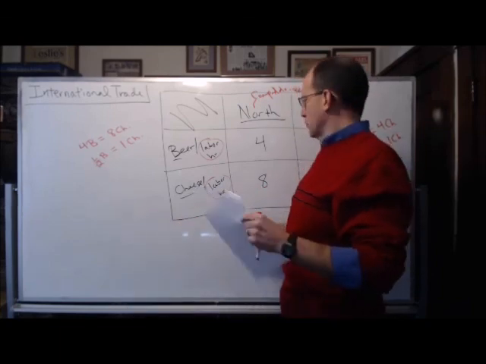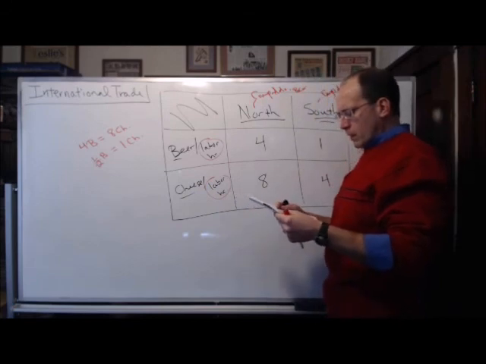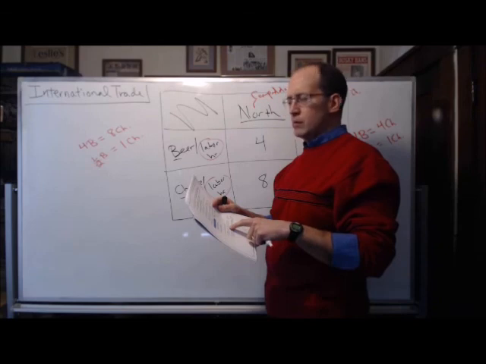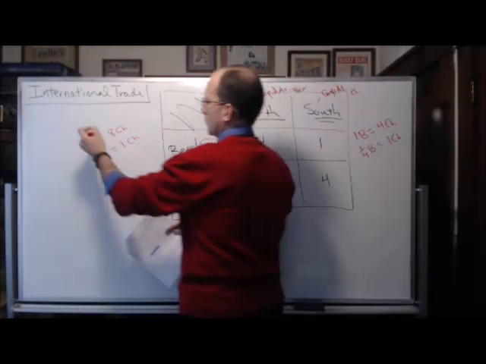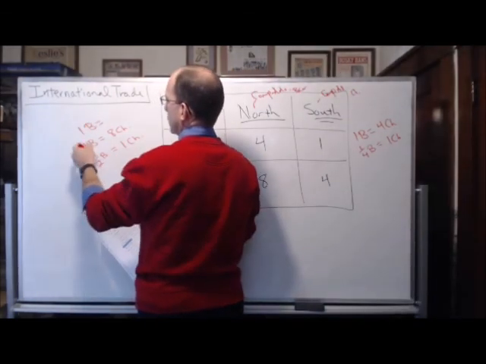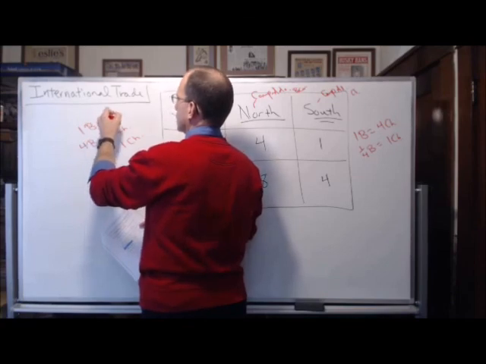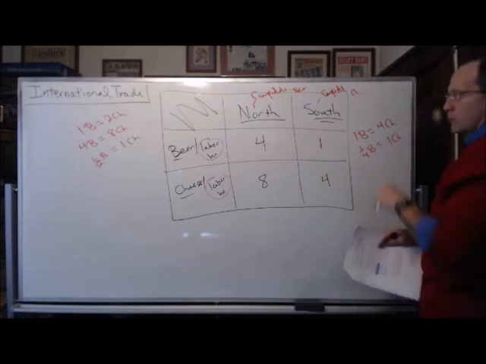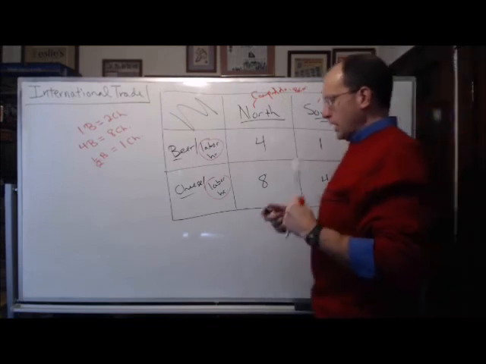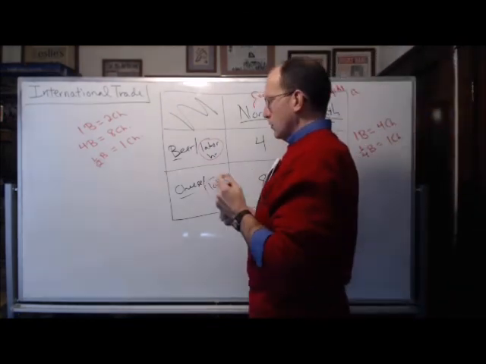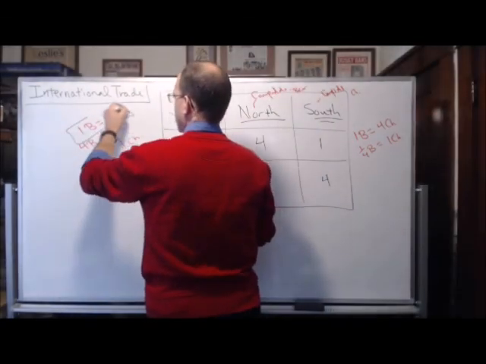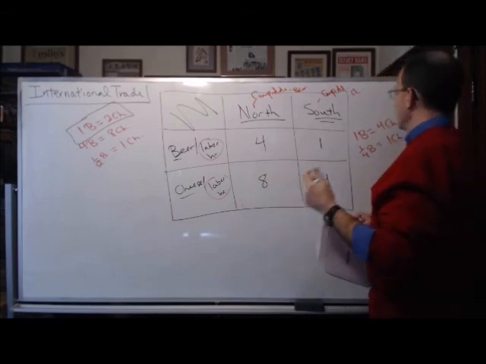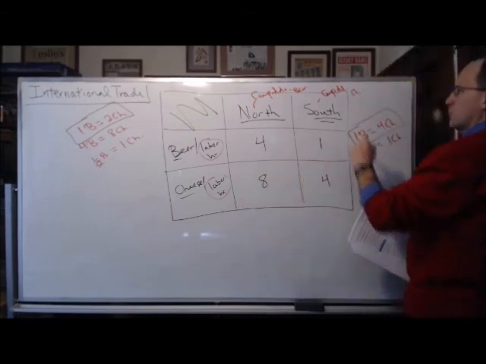So here, where are the terms of trade? Well, I gave you the answers there: in the north, 1 beer is 2 cheese. We did that before. Remember, if 4 beers are 8 cheese, 1 beer is equal to 2 cheese. And over in the south, 1 beer is equal to 4 cheese. So the terms of trade have to be between those two parameters. Between, if you're filling in the first blank, 1 beer equals 2 cheese. I'll trade you a beer for 2 cheese, and I'll trade you a beer for 4 cheese.